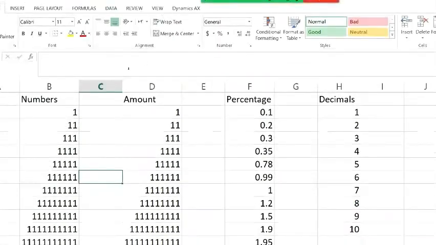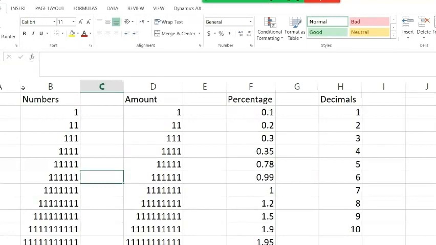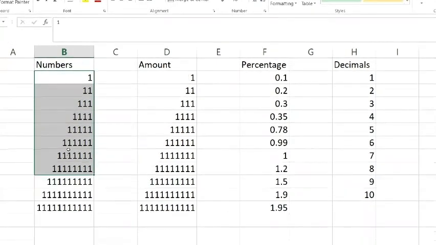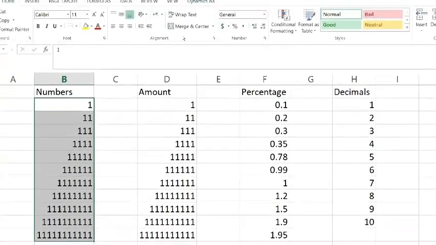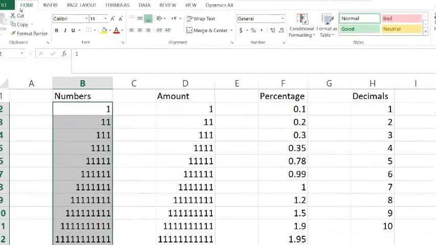add commas or separators, we will select the data set in which we need to add them, and you will find the comma in the Home menu of Excel. Here you can see one icon in the shape of a comma, and when you bring the mouse pointer over it, it says Comma Style.